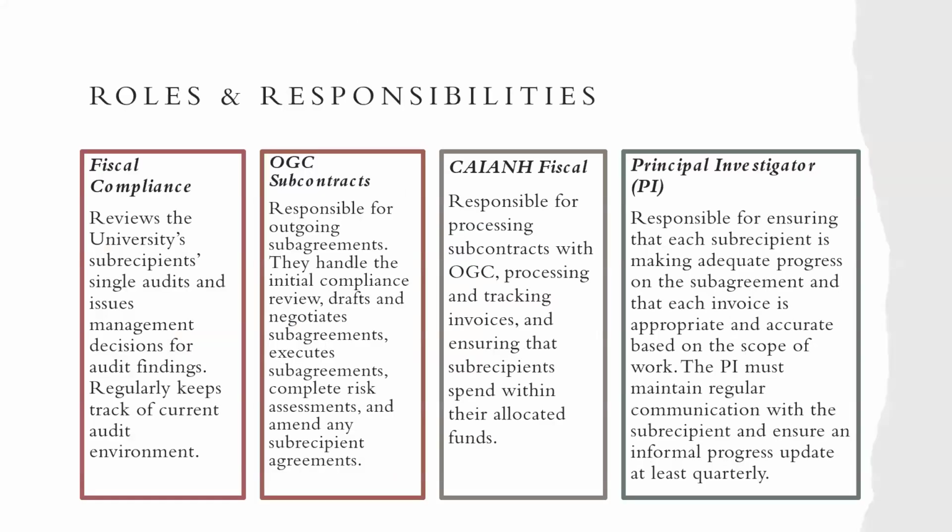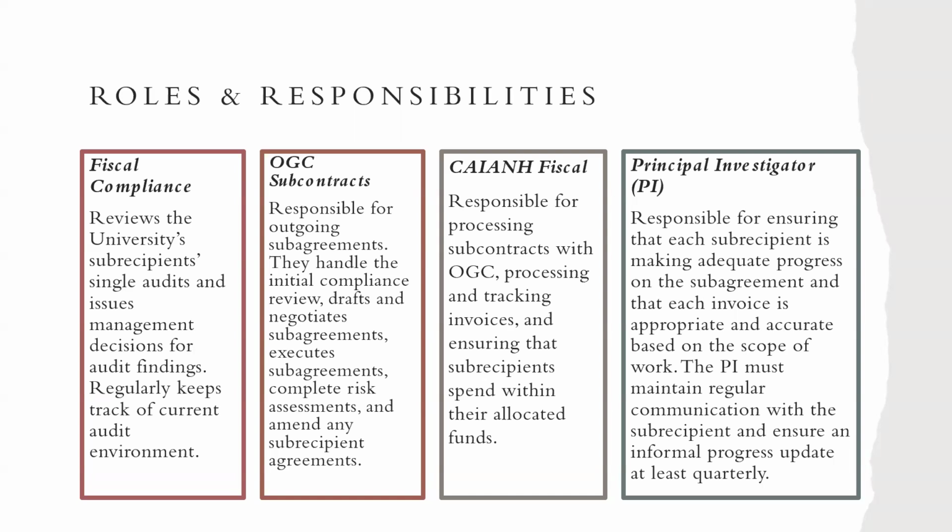So, roles and responsibilities for subcontract monitoring. We have four different categories of people. The first is fiscal compliance at the university Anschutz level. They review the university's subrecipients' single audits and issue management decisions for audit findings. And then they regularly keep track of the current audit environment. So the response here really came from fiscal compliance, and they gave us the initial training that led to this